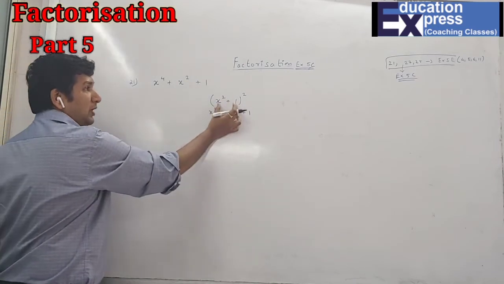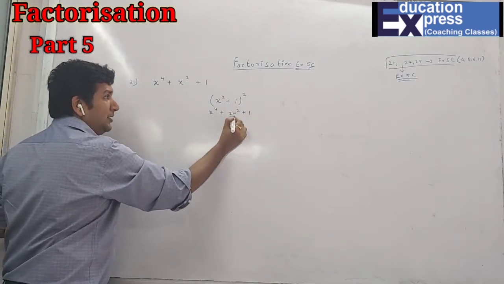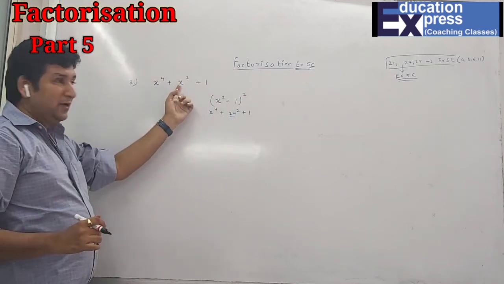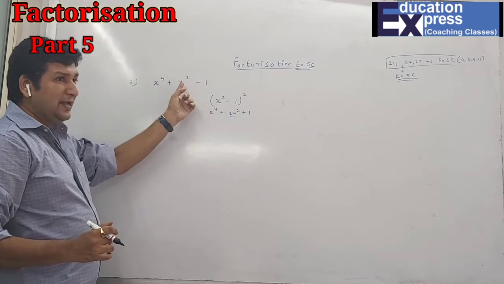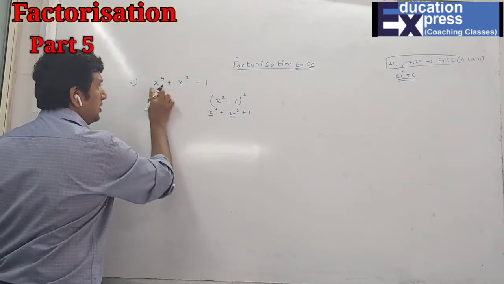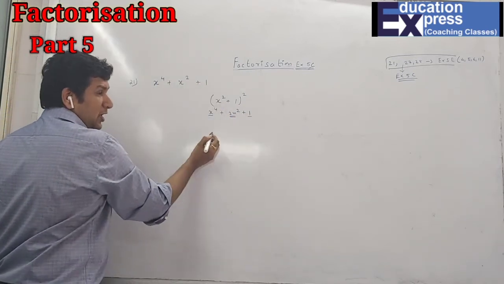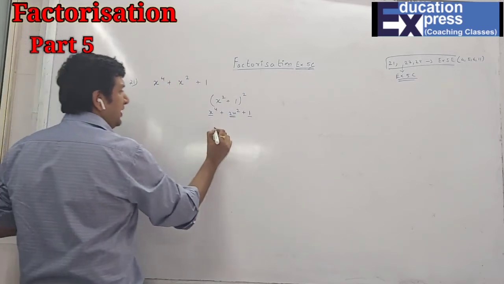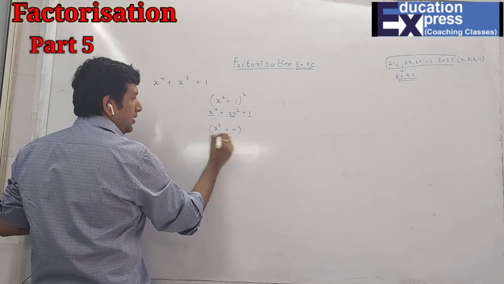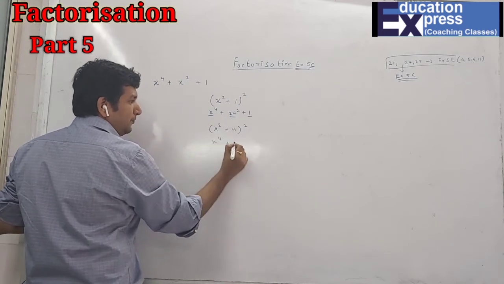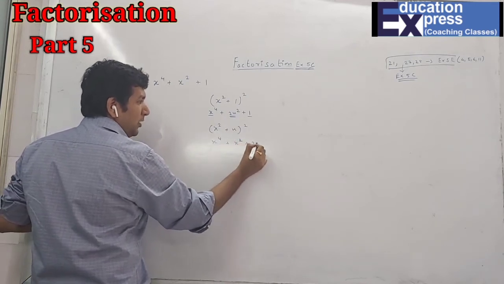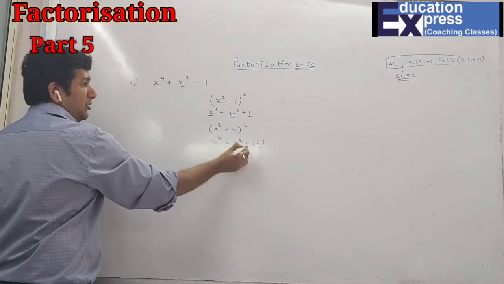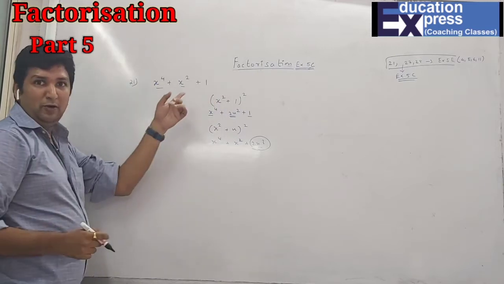Because when I take two terms over here, the middle term should be the missing one. That means here I have not taken x², so the middle term automatically comes as x². If you see, x⁴ is present, 1 is present, and the remaining thing, x², is the automatic middle term. In case I had taken x² and x, then x⁴, x², plus 2x³. The x³ is not what remains over here.